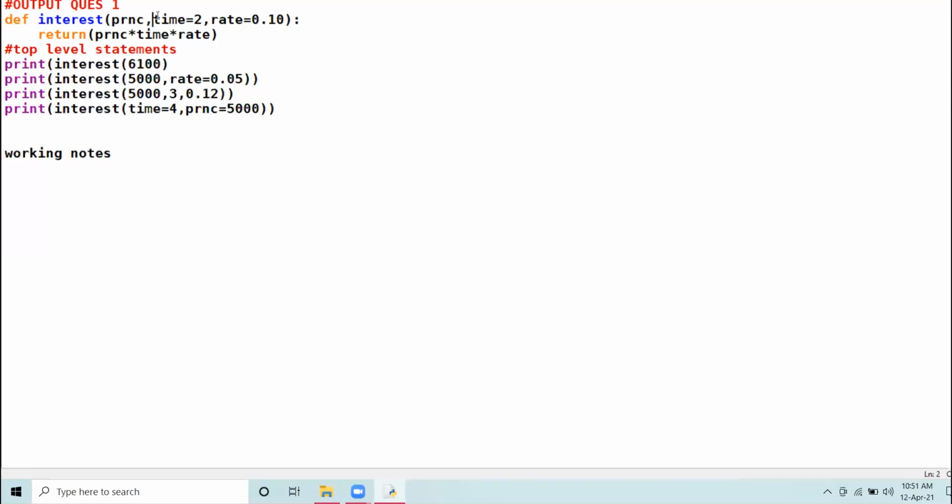If you have given a default value, you can skip it from the function call. So what will the program do? The program will pick the value of the default variable. But if you are giving the value in the calling, that value will override this default value. Am I clear now? Yes sir.